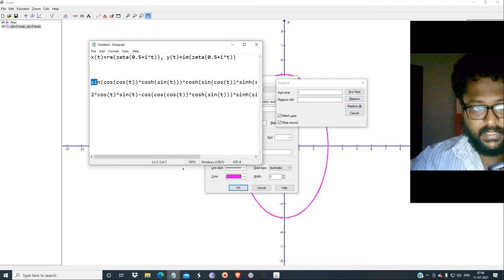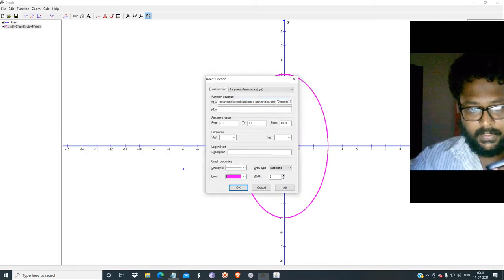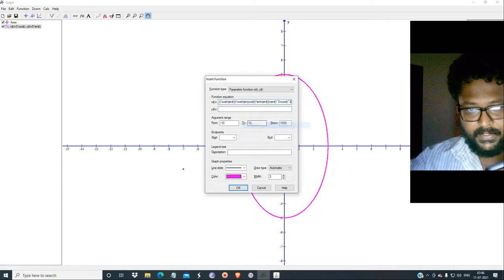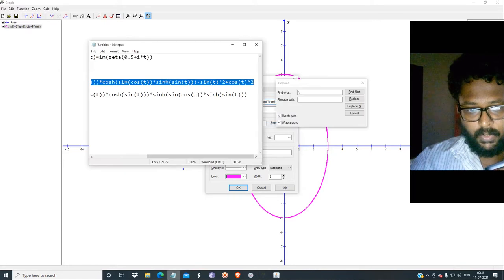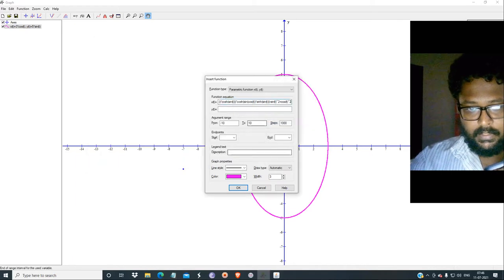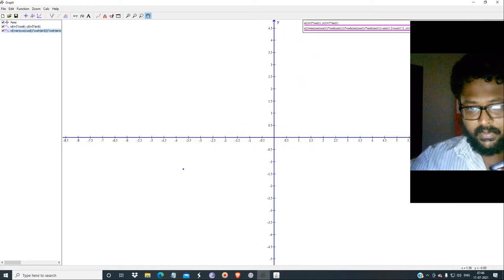So now get first the real part of it, paste it, and again you have to get the imaginary part of it and get over here and just paste it. So just type okay in this manner. So you have a very bizarre function.